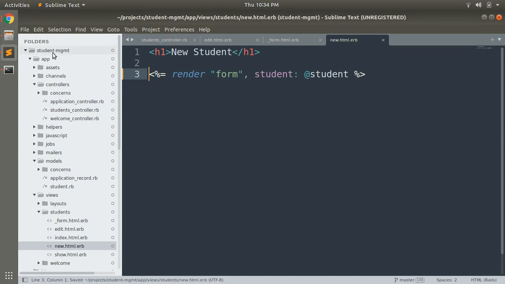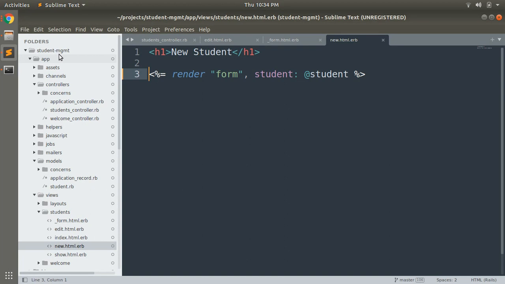Okay, so here we are done with the partial, and that's it. That's the power of partials. You can break a common piece of code into a separate template and use it for rendering that part on the view. We did the same for rendering the common form on both the edit and new templates. In the coming lectures, we will discuss partials in more detail when we start working with Bootstrap, and we will display header, footer, and flash messages using partials. But for this lecture, we have enough information on the usage of partials. Now you can also try partials at your end as well.